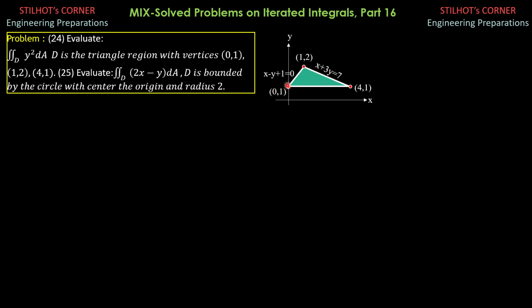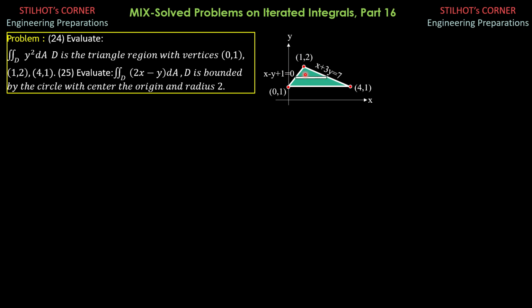Now our outer limit should be from 1 to 2, so that's y as the variable. Let's make y the last variable to evaluate, then x inner limits. So the x of this minus the x of this line or side. So that's the strip. Now let's derive this equation. You should know how to derive or find the equation of the lines bounding sides.